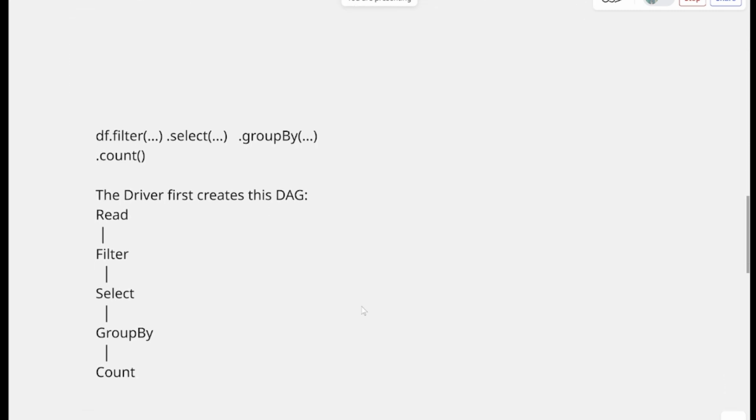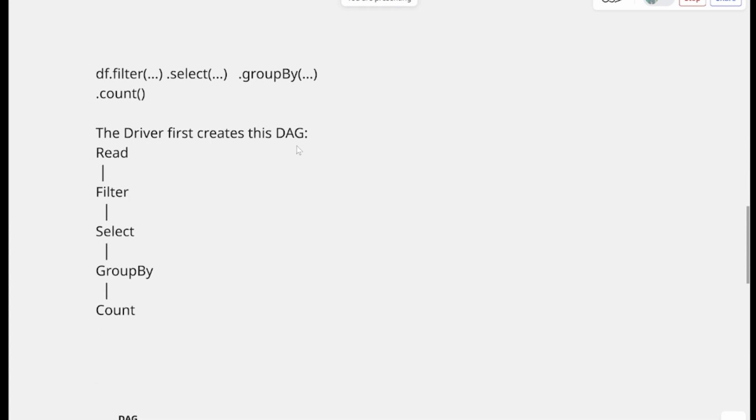Let's see how DAG operates. If we have a sequence of operations being done on a data frame, like df.filter, then we are selecting a few columns, then group by, and in the end there is an aggregate called count. So what the driver will do, it will first create this DAG. In this DAG, it will first